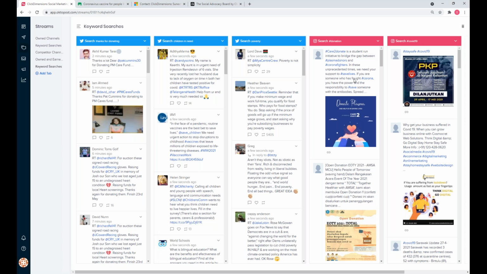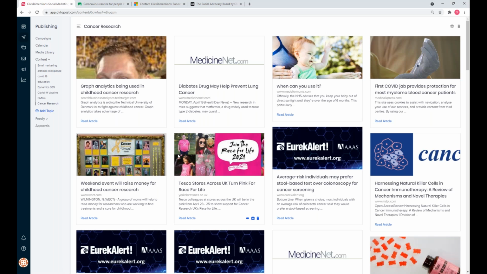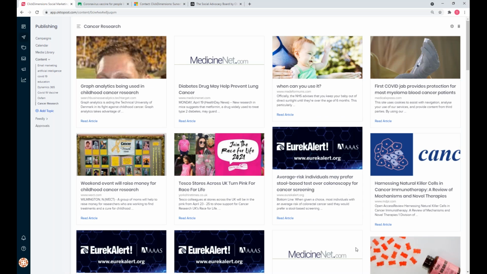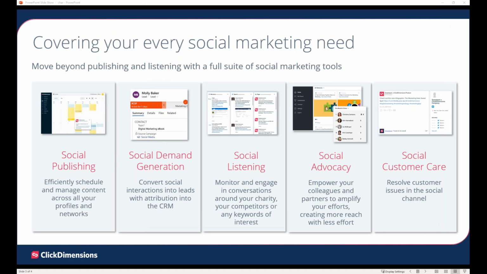And again, another keyword search. So social listening as well. I just want to throw it back to where we were doing the content curation, because this isn't social listening, as this is obviously creating all the latest articles and things, but it is listening. The moment you put your brand name in there, whether you're Oxfam or Cancer Research, you can really start to get more of a 360-degree picture of, yep, what's the vibe on social and what's the vibe from articles and from popular publications as well. So fantastic capabilities with social listening, guys. Get in touch. I want to learn about your use cases, what you're doing. Let's help bake this into your strategies.